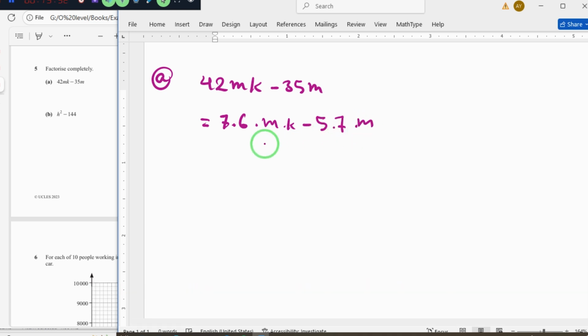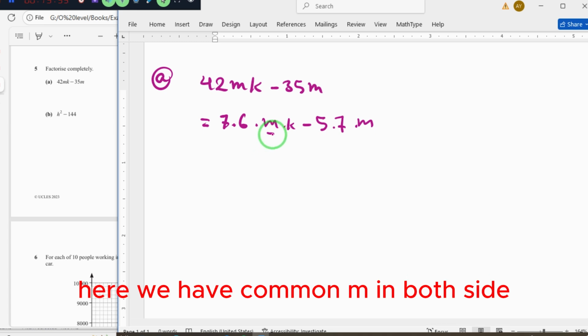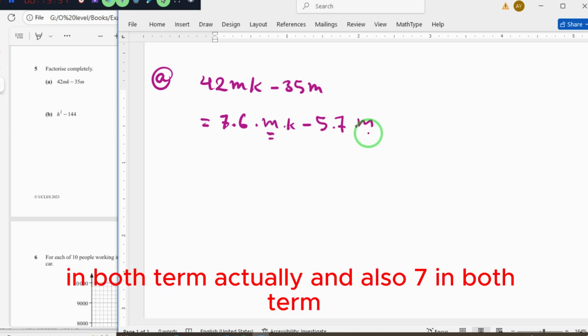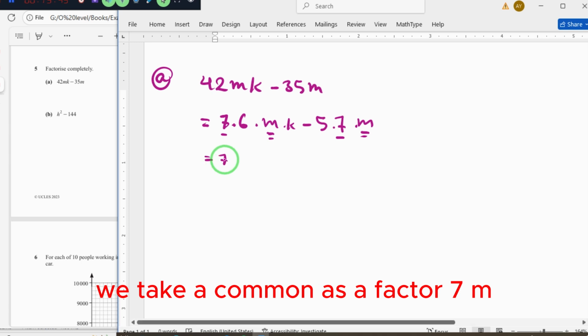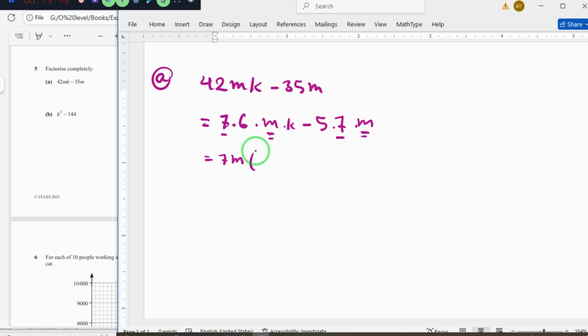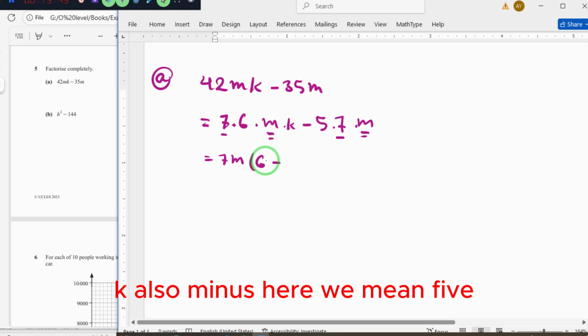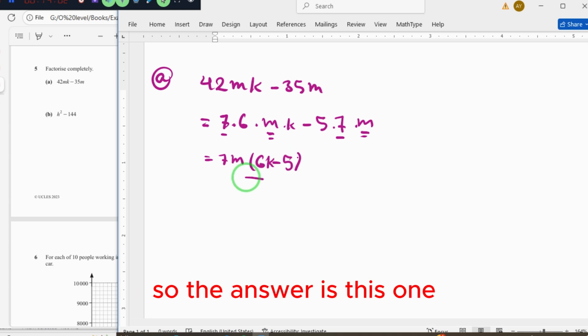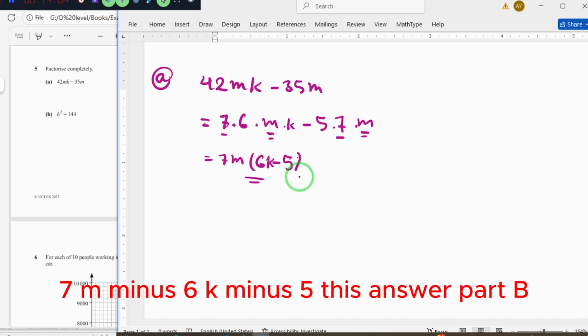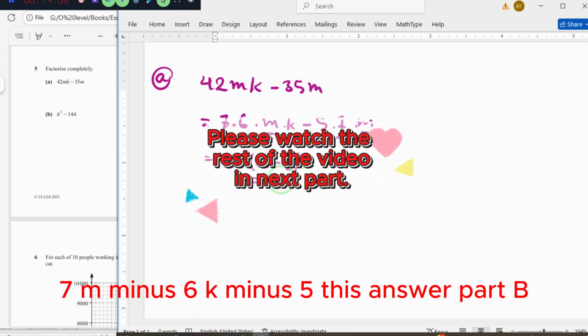Here we have a common m in both terms, and also 7. We take 7m as a common factor. Here remains 6k, minus 5. So the answer is 7m(6k minus 5). This is the answer. Part B,